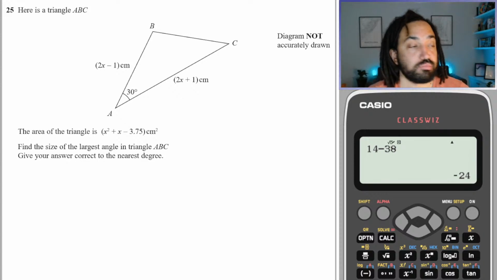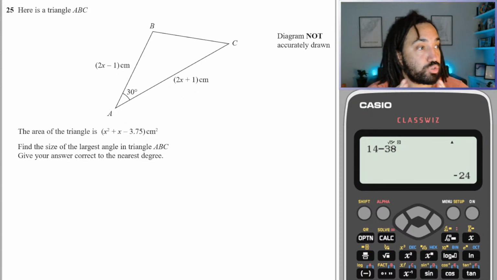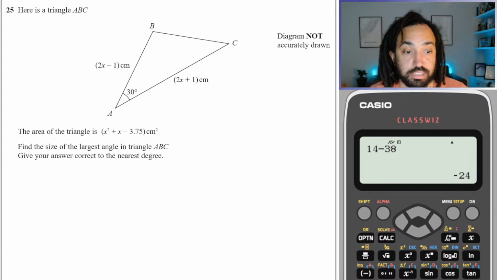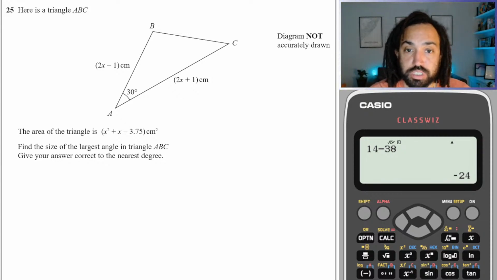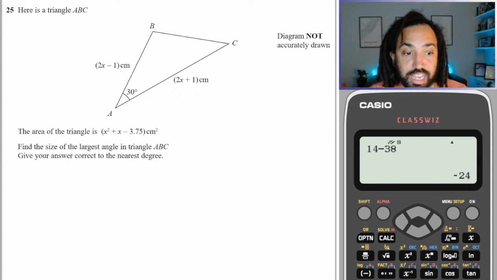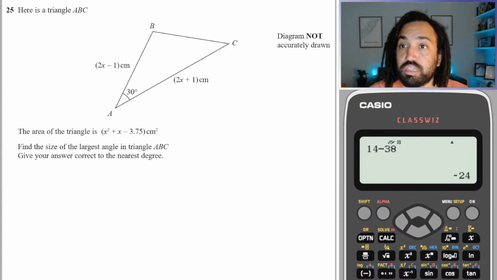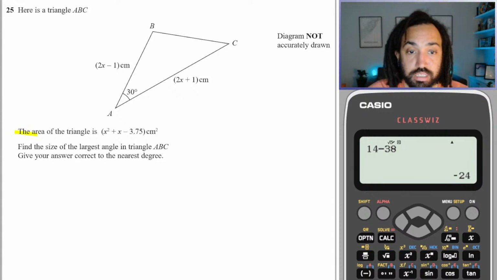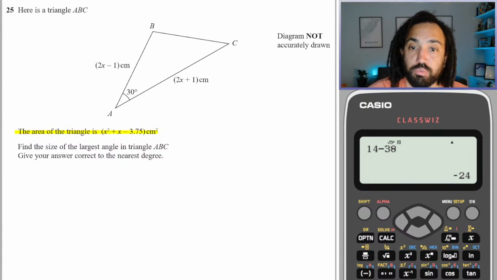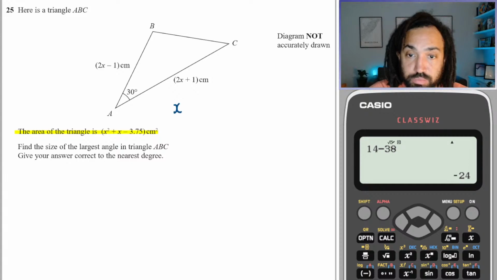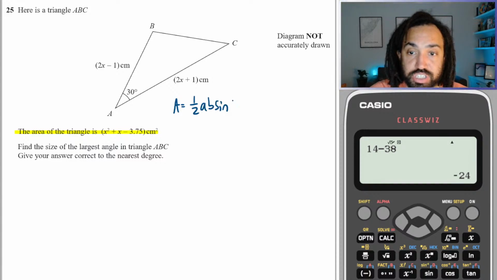Okay. So what have we got here? We've got a triangle, and we have an angle, and we've got two sides that are known, and it says that the area is given as this. So we know that the area of a triangle formula is equal to a half ab sine C,